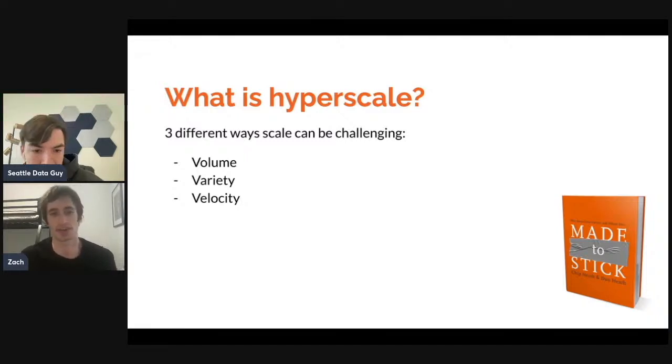So if you can optimize a variety problem, then that is going to save a lot of engineer time, which is very precious. And if you can save time, that's one of the most important things. The cool thing about velocity problems that I think is interesting is that if you can solve a velocity problem in a very optimized way, it's more than just saving cost. You can also unlock new